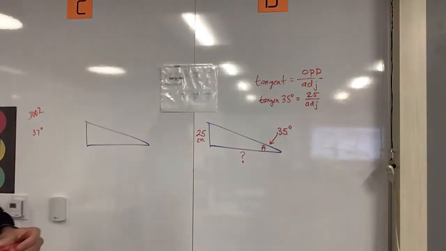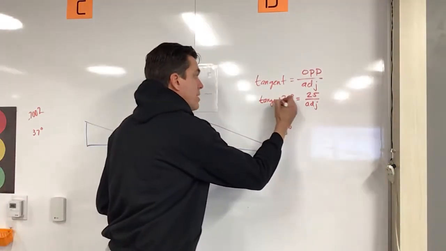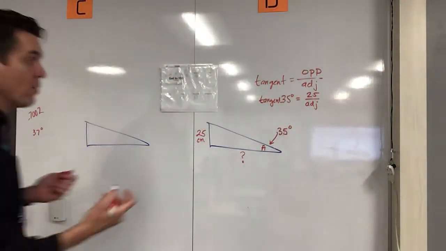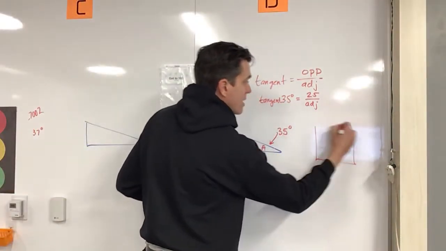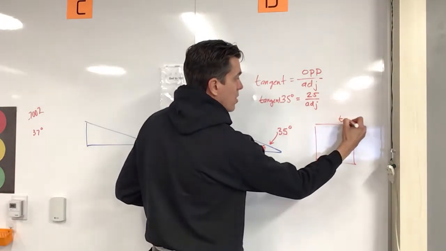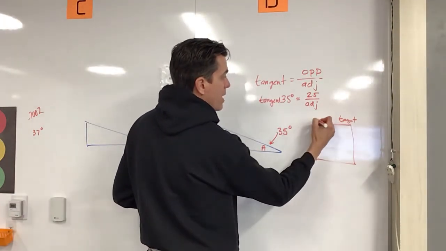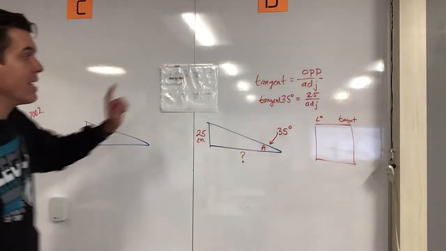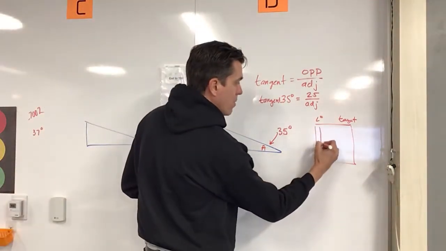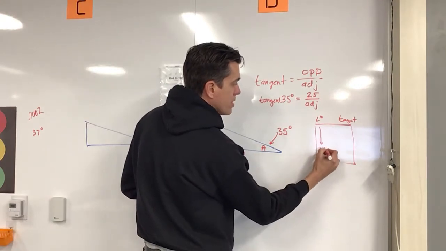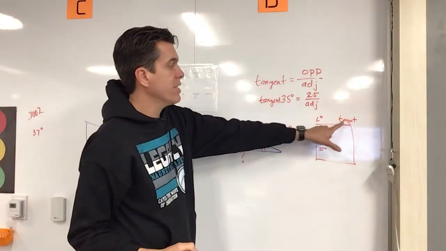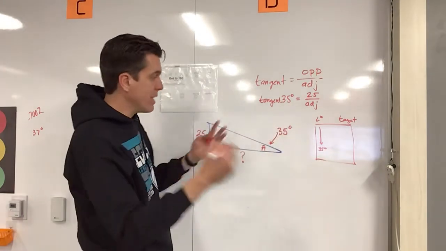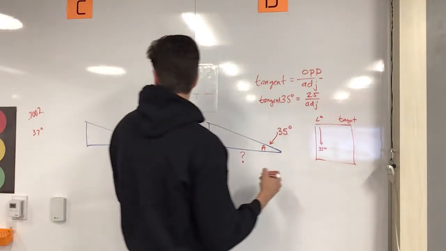Okay, so there's a couple ways we can do this. So one way to do it is we use that table we looked at the other day. I would find the tangent column, and I would find the angle degree. I'm going to first start with the angle that I want. So I would look all the way down and find the 35 degrees, and then I'm going to find the tangent decimal ratio that they gave me. Okay, and that actually ends up being